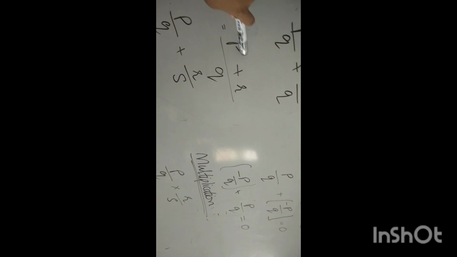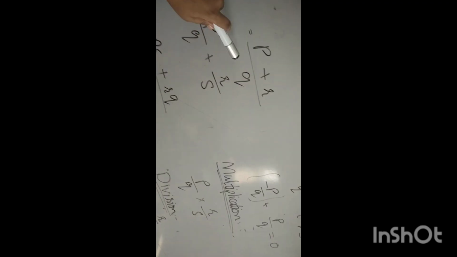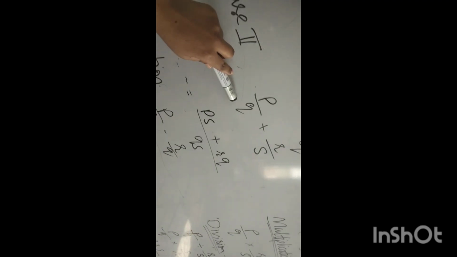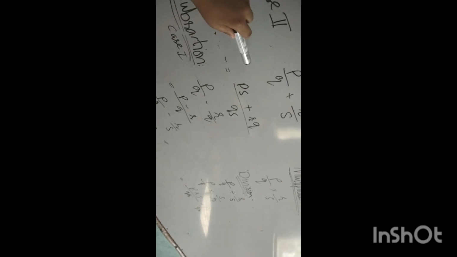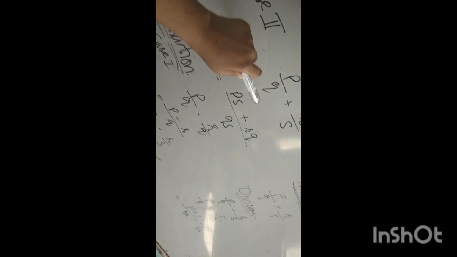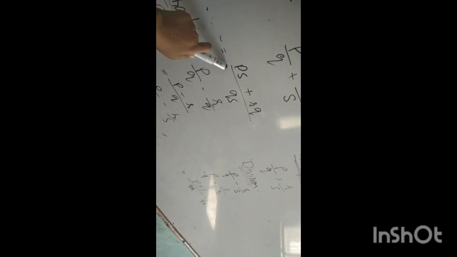Operations on natural numbers. Addition case 1. एडिशन के केस में हमारे पास दो केस आते हैं. When we have to deal with the denominators the same, we just add the numerators and the denominator remains unchanged. But when we have to deal with different denominators, then we have to make them like fractions, change their denominators, make them equal, and then add the numerators.